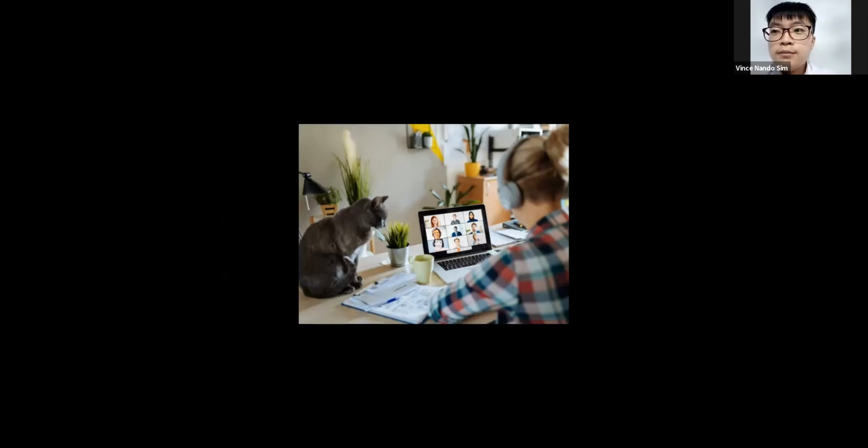Okay. In the background, it seems the table has some papers, which are important for her work from home. On the left side, as we can see, there is a cat. So we conclude that the girl is a cat lover. And next, I'm going to give it to Melvin. So my opinion is, if you want to live meeting, open the laptop and then open the meeting.